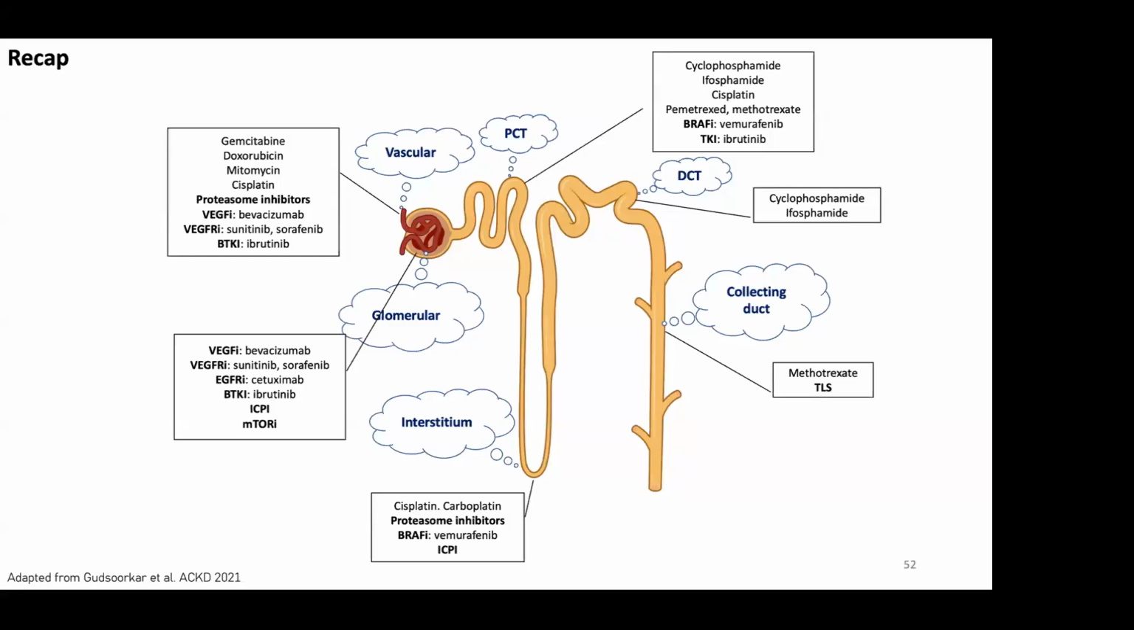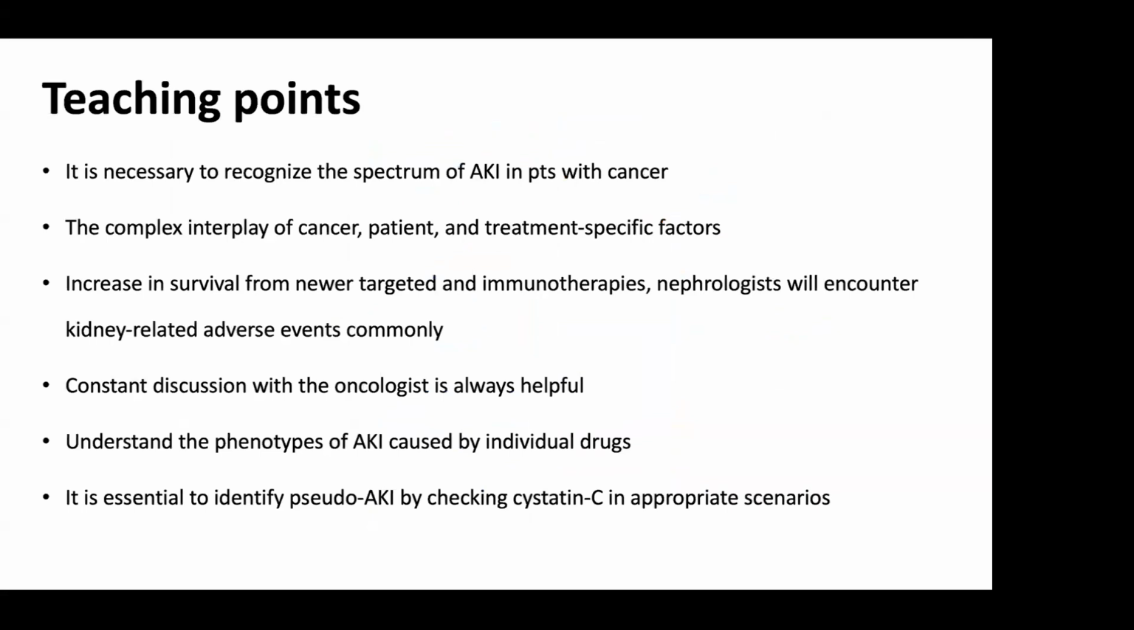So I'm wrapping up with my talk now. This is just a recap about the various drugs, what we looked at now. So remember this figure, remember the various compartments on which the drugs act. There could be drugs which are acting and causing kidney injury because they act at multiple sites, which is very important to remember. Certain teaching points, it's important to recognize the spectrum of acute kidney injury in patients with